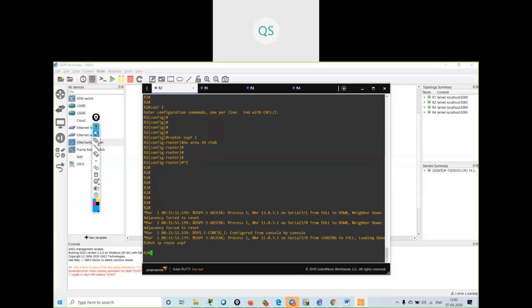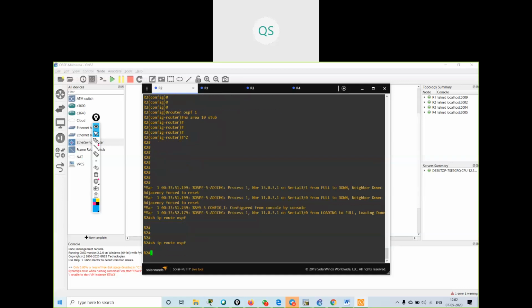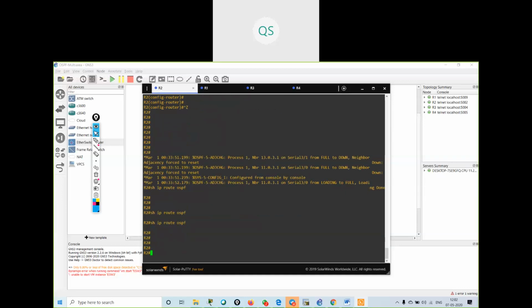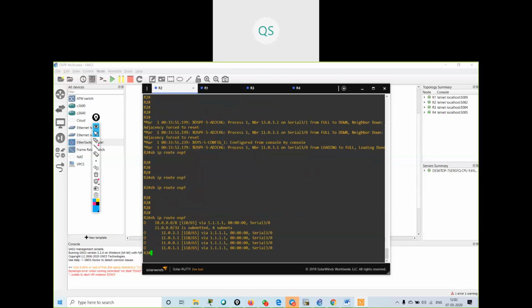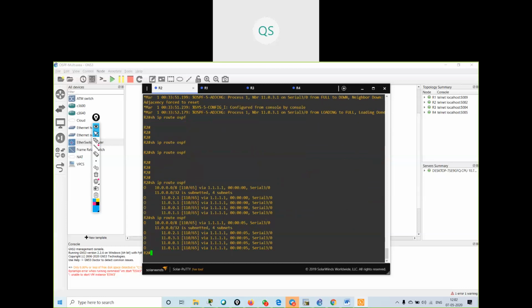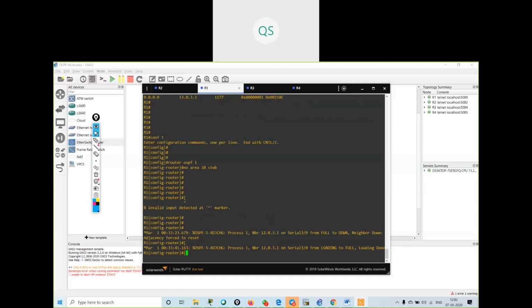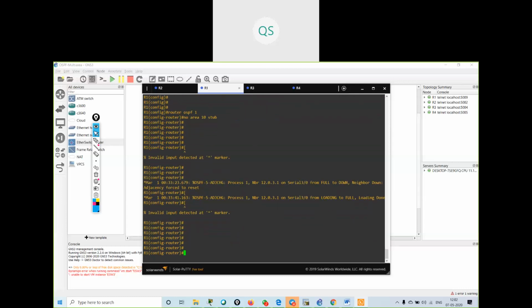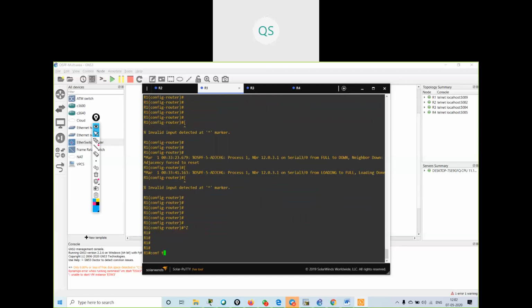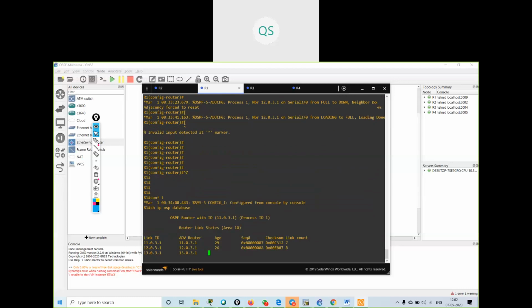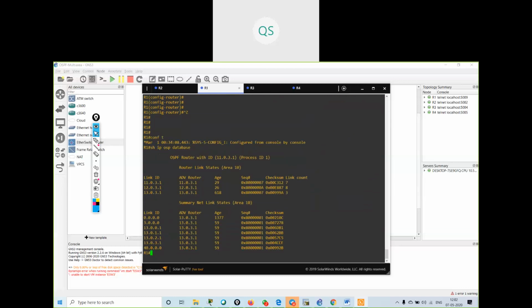just give it some time. Is the OSPF removed? It will take some time to get the advertisements. See now, my database table over here, I'm still having some routes.